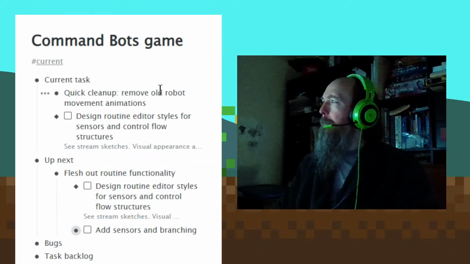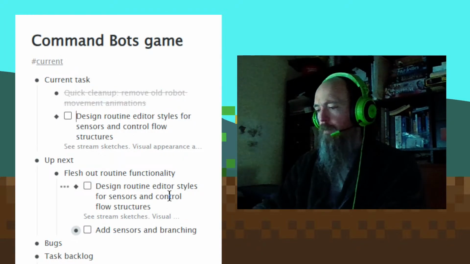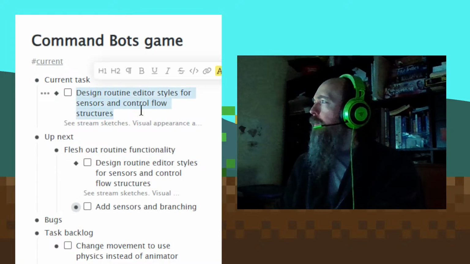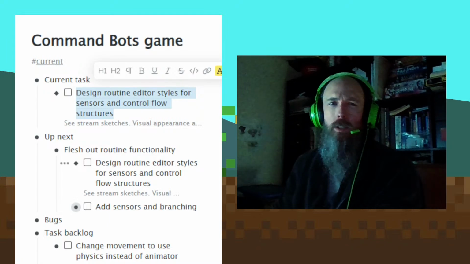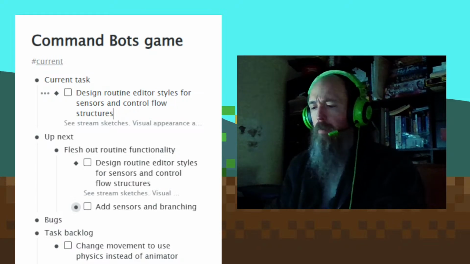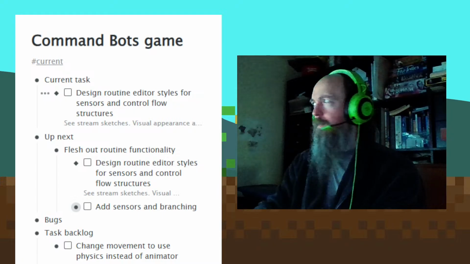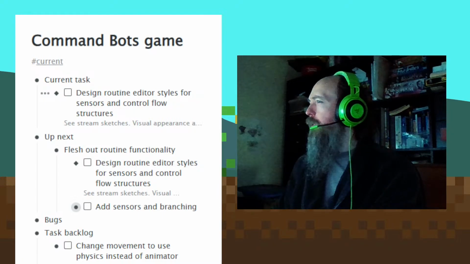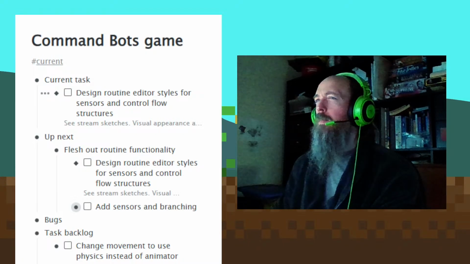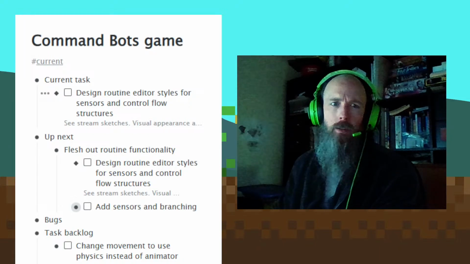Here we are. Quick cleanup: remove old robot movement animations. I did that before the stream. So I was working on this. Basically, the routine editor for the robot game is going to have a massive upgrade. That means, let's get the magnifier open, and I can zoom in on this in the scene view. So basically what that means